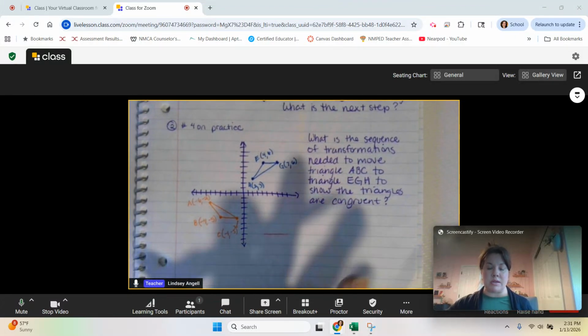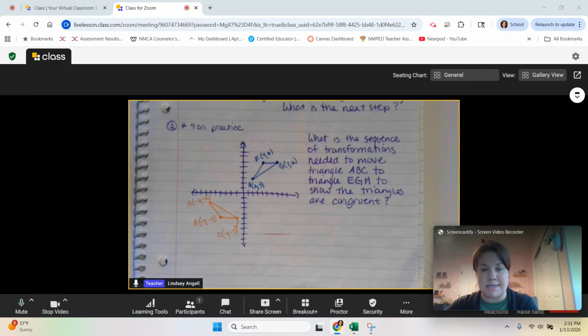This next one, number 4 on the practice: what is the sequence of transformations needed to move triangle ABC to triangle EGH to show the triangles are congruent? So for this one, you need to kind of visualize one more step. They left a step out, okay? That's what I feel like personally makes it a little confusing, but just